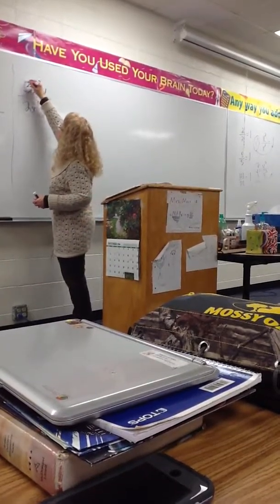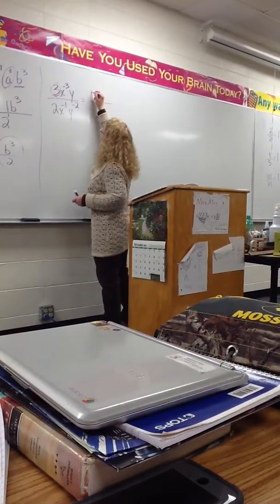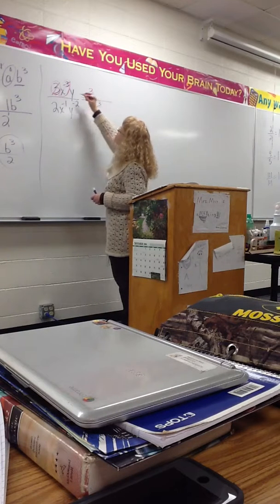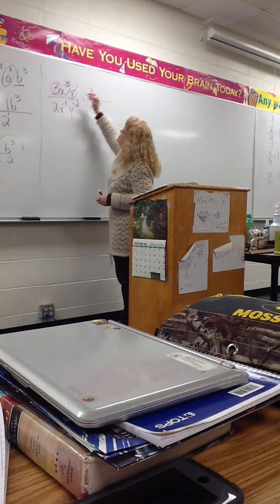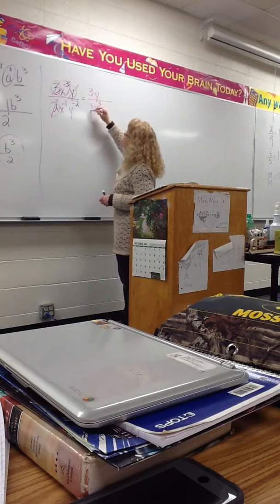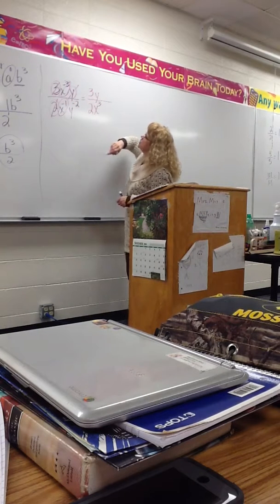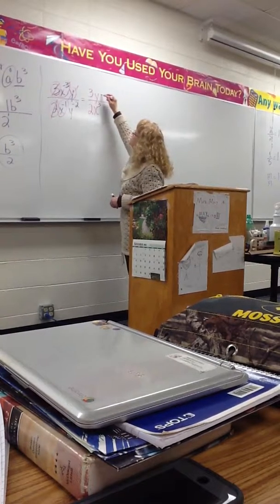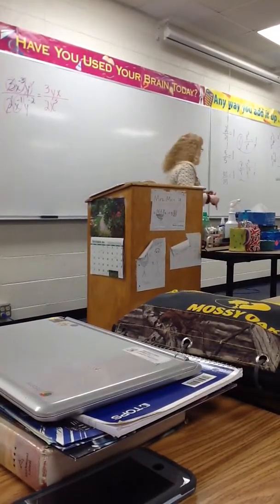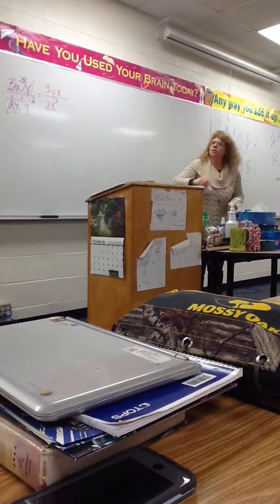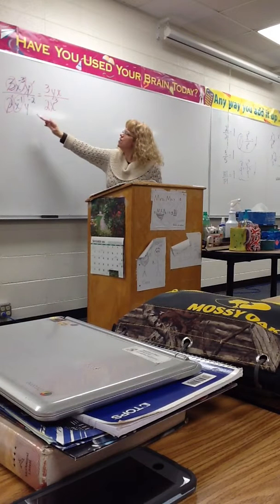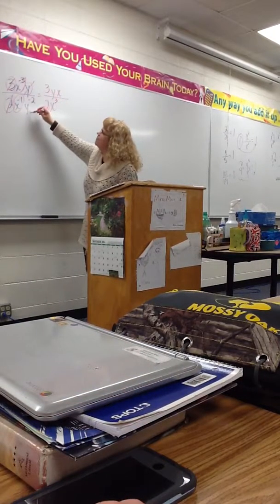Would I do anything with the 3? No. So that stays on top. Would I do anything with this? Yes. Bottom. Would I do anything with this? No. It's positive, it stays on top. Would I do anything with this? No. Stays there. Would I do anything here? Yes. It's already on the bottom, so it goes to the top. Did we talk about that yet? Yeah. If you have a negative on top, you move it to the bottom. What if you have the negative on bottom? You move it to the top. So this x to the negative 1 on bottom is going to go to the top. Likewise,